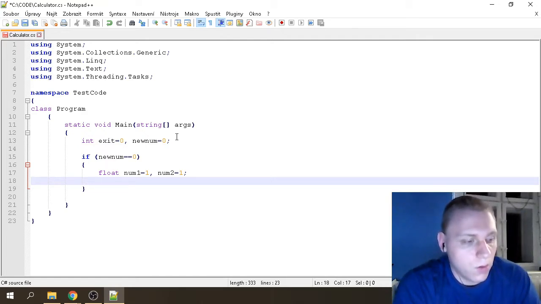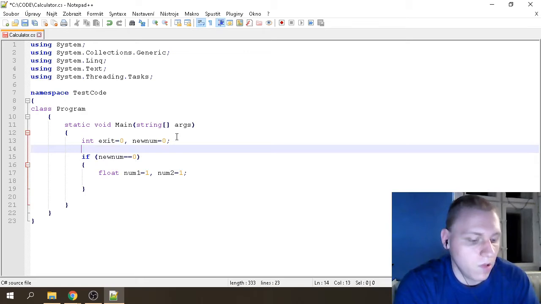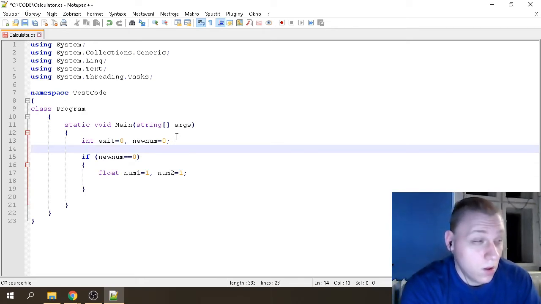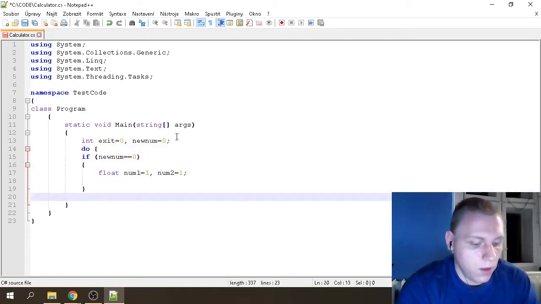Next thing, what do we want? So we've defined the main numbers. So yeah, that's cool. Let's actually create the loop itself. So we'll be using a while loop for this. So do, and then we do the beginning bracket. And then we move all the way down here, we'll end the bracket here, type in while, and in the while will be the exit